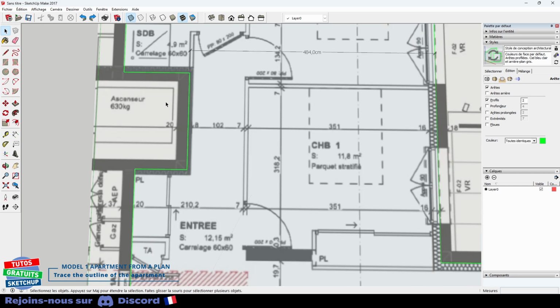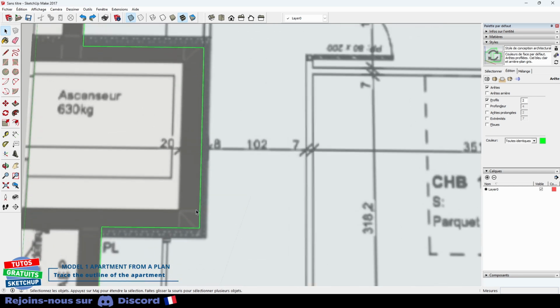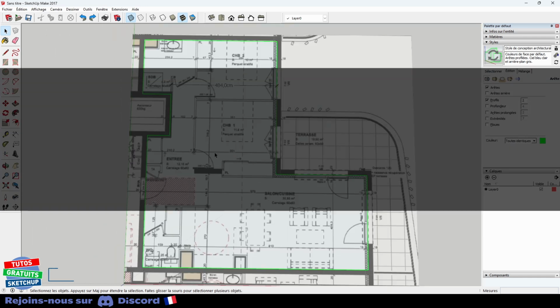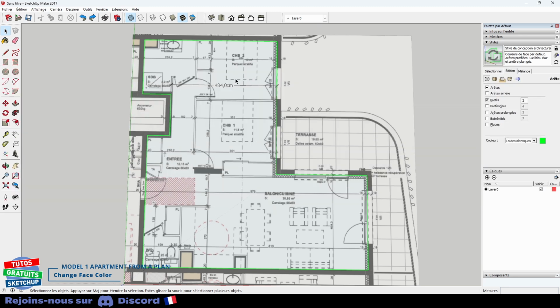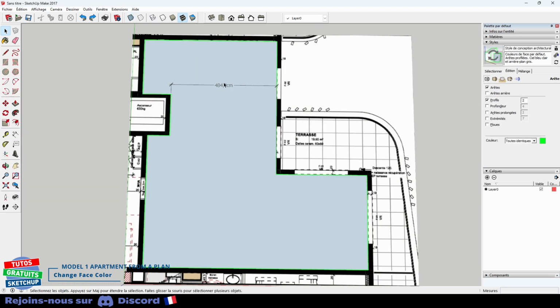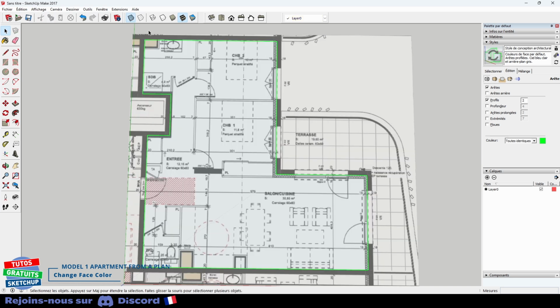On the other hand, we see here that the contour is not regular. We will modify this once we have made the offset for our insulation. It's not a big deal. We'll come back to it later. We don't know if the face here is selected or not. I have to remove the transparency. It's not very practical. I'm already deleting the dimension. I go back to transparency.